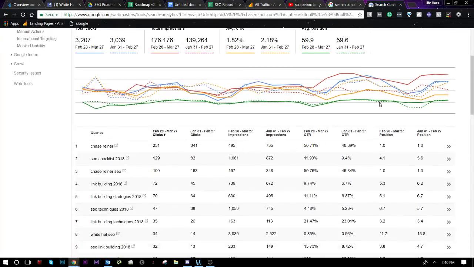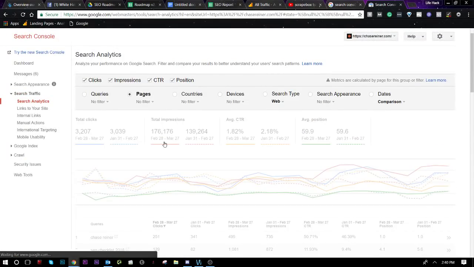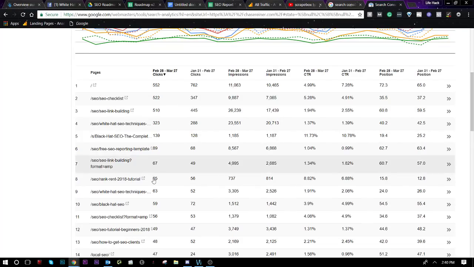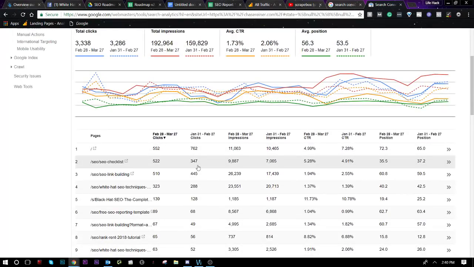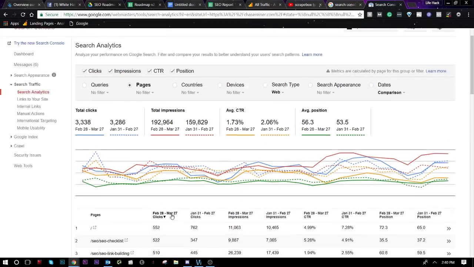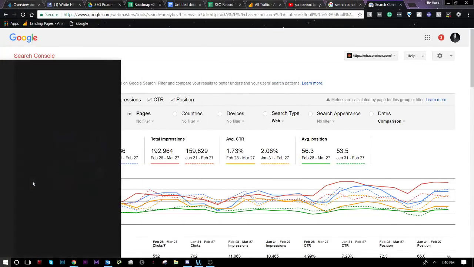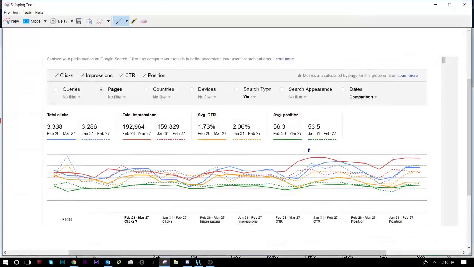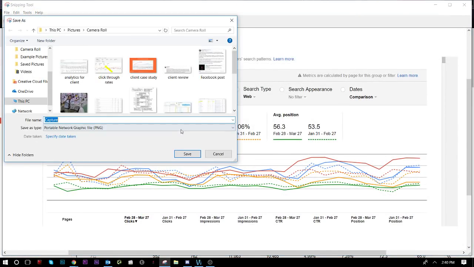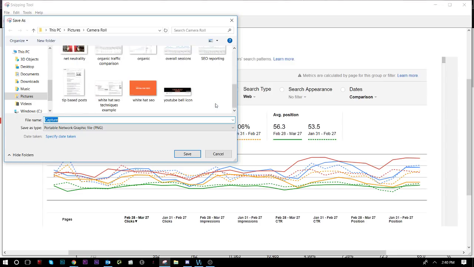So you can show them, look, this is all the stuff that we're improving on. And then you can also take screenshots of the specific keywords or the specific pages that are improving. And you could even highlight, say, hey, look, we worked specifically on this page. Looks like it's going up from 9,000 or 7,000 impressions last month to around 10,000 with 522 clicks. That is a 5.8% or 5.2% increase in click-through rates, whatever it is. But the point is that you're showing them the different things that you're working on and how that correlates into them ranking higher. Now, this is really easy to do because all you really have to do is small on-page changes for a lot of this stuff, maybe adding content, whatever it is,